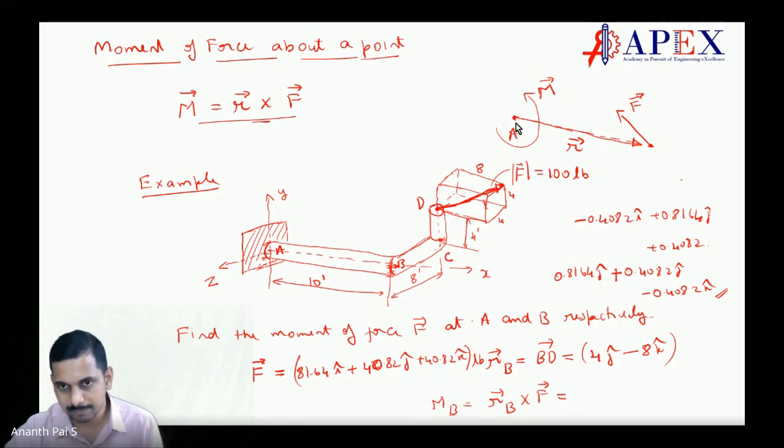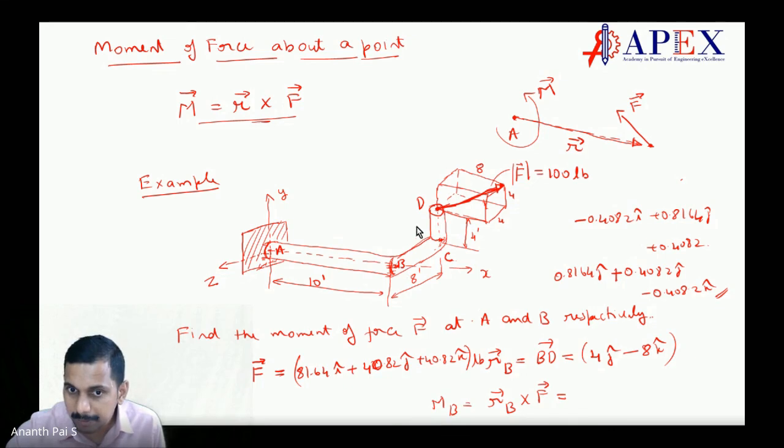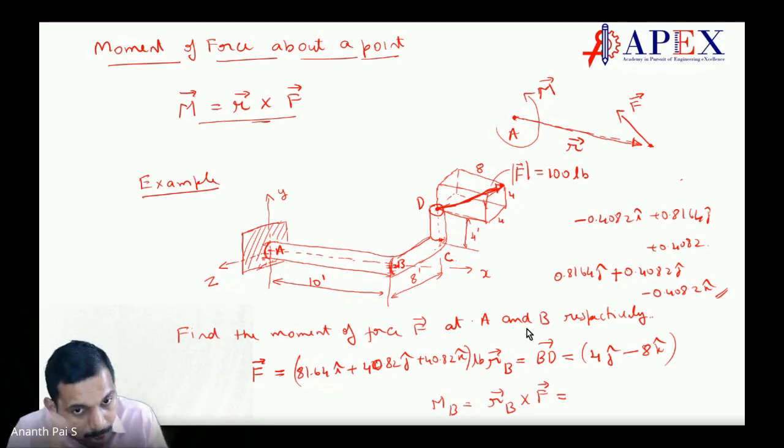Yeah, Varsha, see here, from A to this point. Can we take from A to D, sir? When you take MA, you have to take A to D. You have to say with respect to which point you are taking the moment. Two questions are there: find the moment of force F at A and B. When you take the moment at B, you take BD. When you take the moment at A, you take AD. Make sense? Yes, sir, got it. You have to see with respect to what point you are taking the moment.